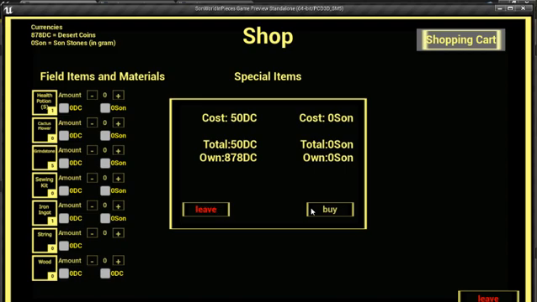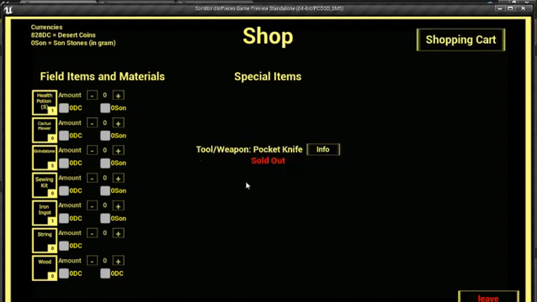Buy. And at the moment you can only have one pocket knife. In the main game you can have up to 10 pocket knives, but it's kind of annoying to set this up. So I have prepared everything so you can have 10 pocket knives, but to set everything completely up is a little bit annoying. So I decided for the demo version you can have only one. That's why it's sold out now, but as soon as the pocket knife breaks again, it will be available in